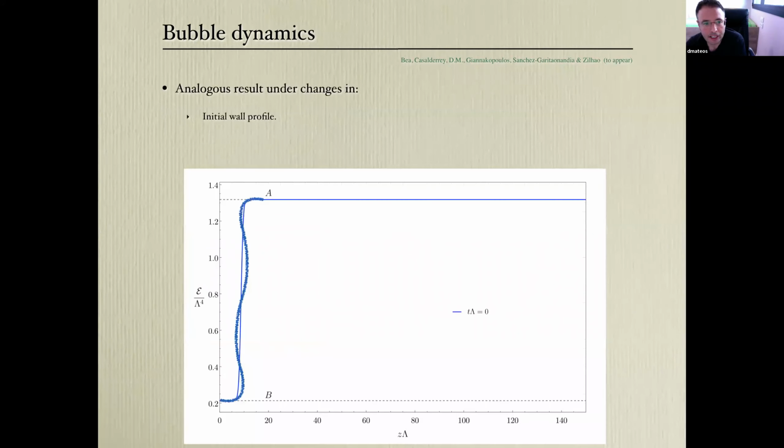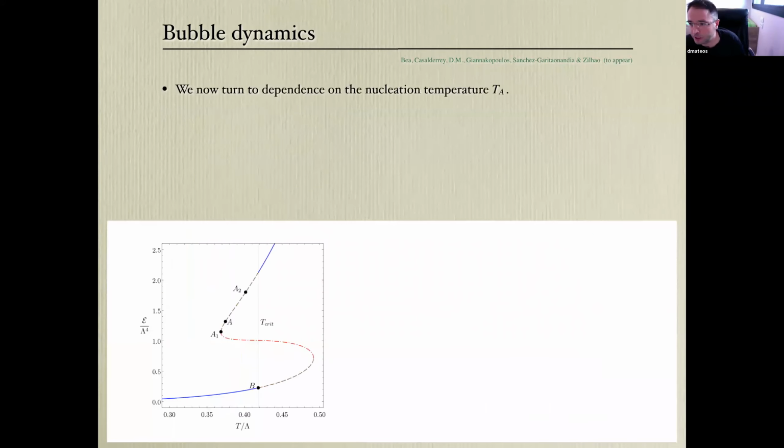Okay, so now let me address the dependence on the nucleation temperature. Let me vary the point at which you nucleate the bubble and see what happens. First, let me just point out that these states C and D that are dynamically determined in terms of A depend relatively weakly on A. For example, here, I'm showing you three different choices for A: A, A1, and A2. And all the corresponding Ds are all here, so they vary very little. And the C changes a little bit more, but not much.